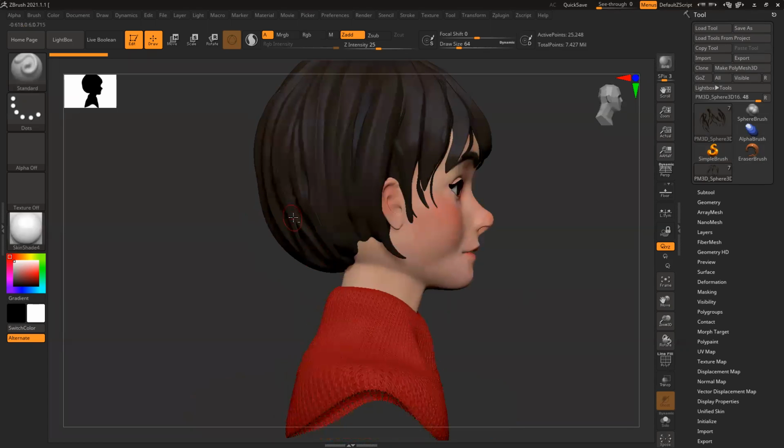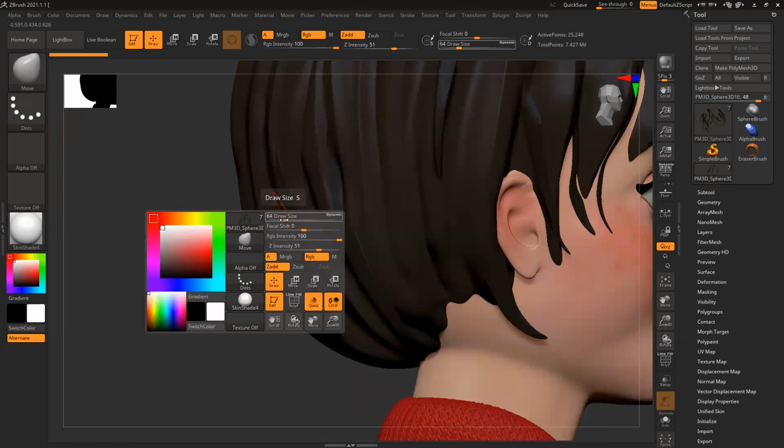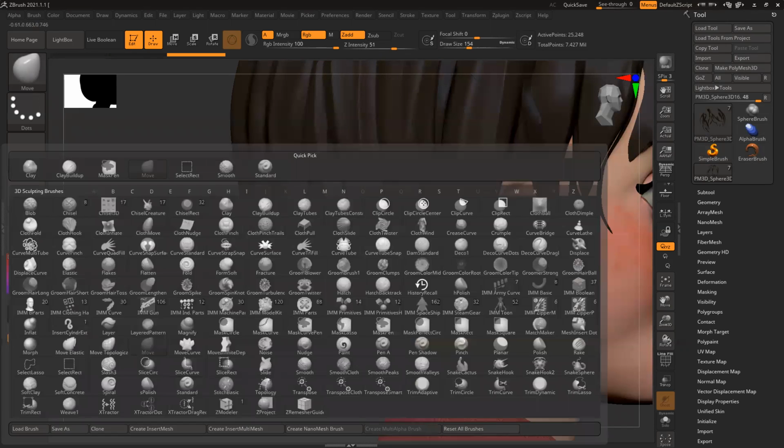So backside, you can see clearly the volume is not there. BMP, BMT.